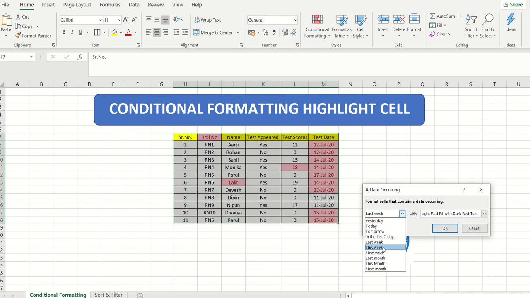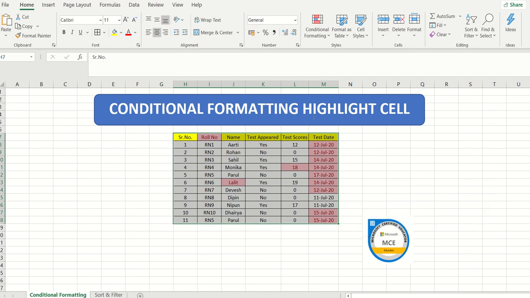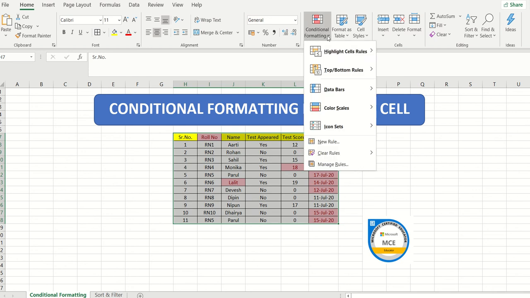I've selected the color formatting, then I click on OK, and my conditional formatting has highlighted that date in the data.